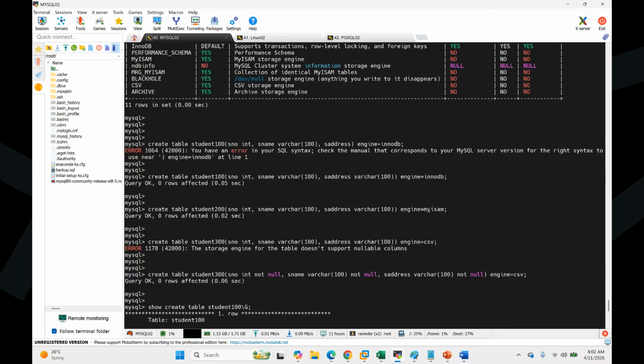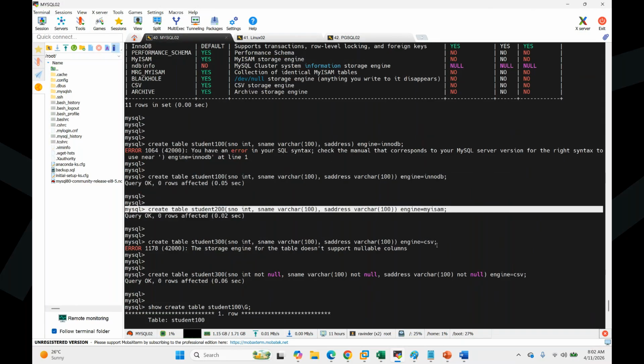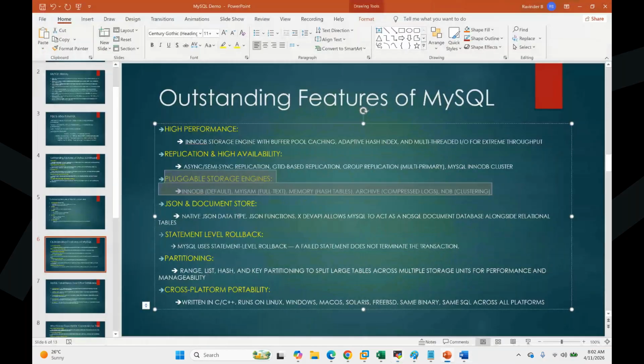When do we want each storage engine? I'll explain after the architecture. I'm just telling you that we have many pluggable storage engines, one for every table. It's not server level or database level. Every table can claim its own storage engine based on the purpose of the table. Which purpose needs which storage engine and what it does, I'll explain in the module only, not now.